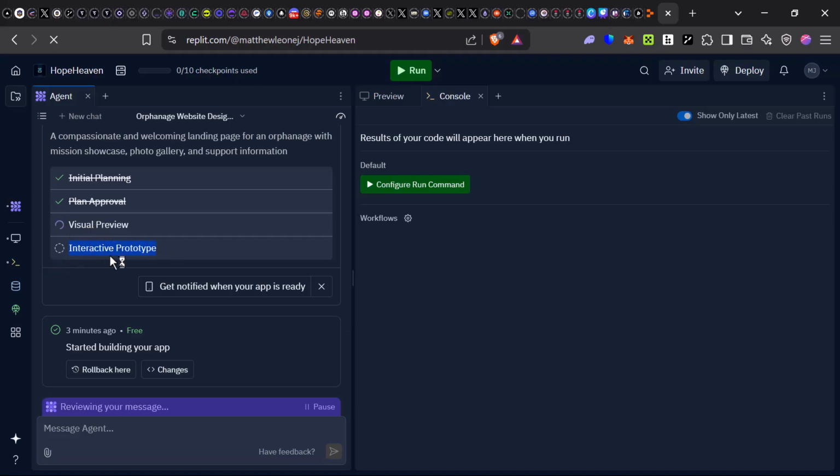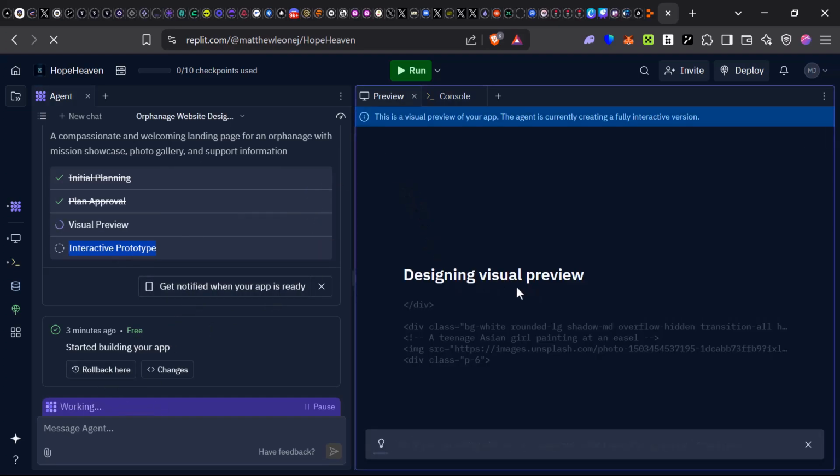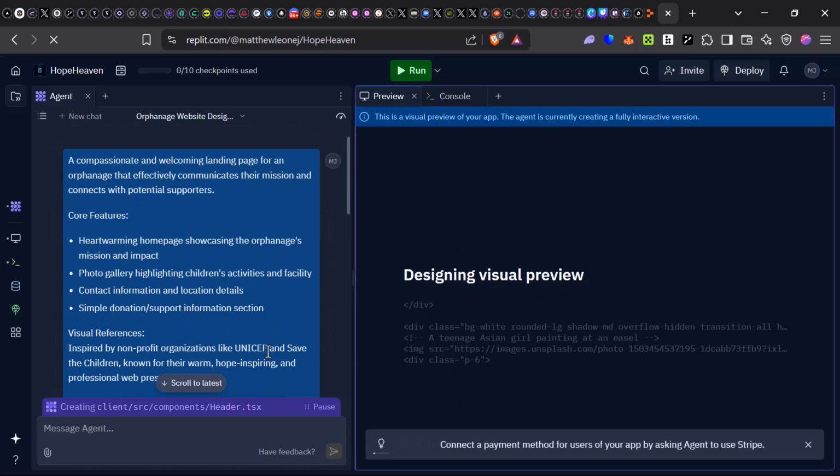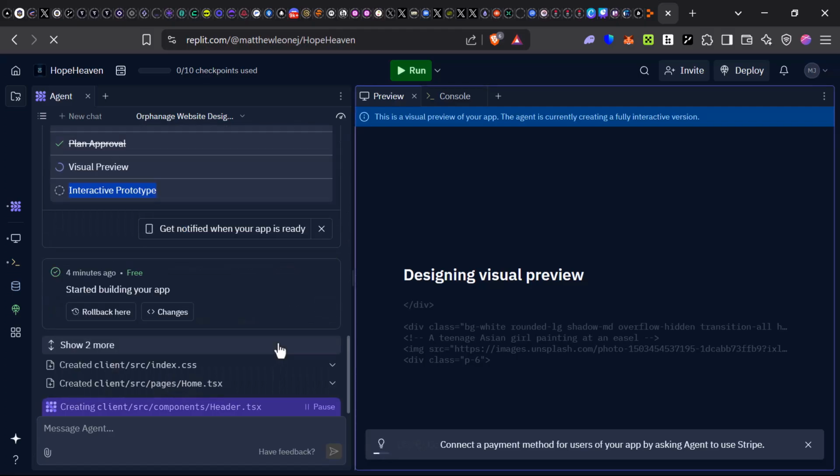And then we have the interactive prototype coming up next. So let's click on preview, designing visual preview. Once it's done, we're going to get notified. So let's give it some time to get done with the code. So guys,